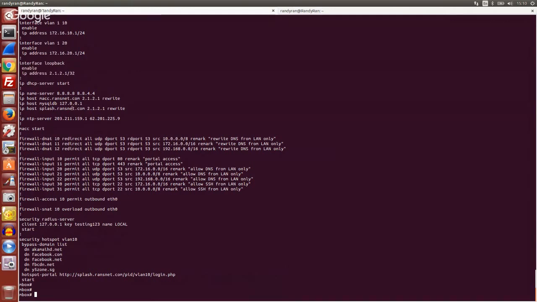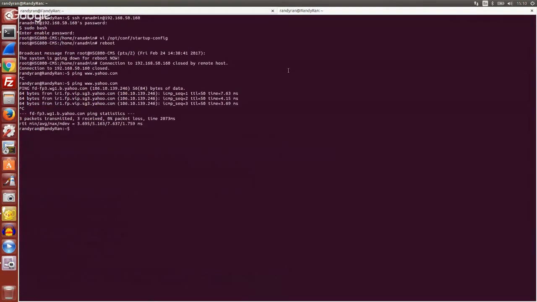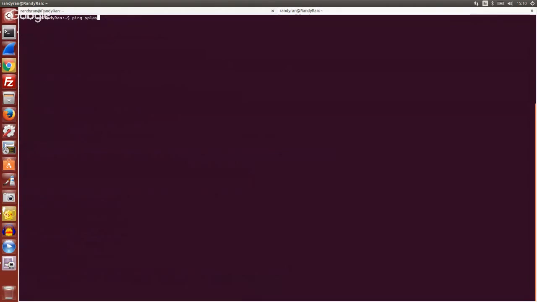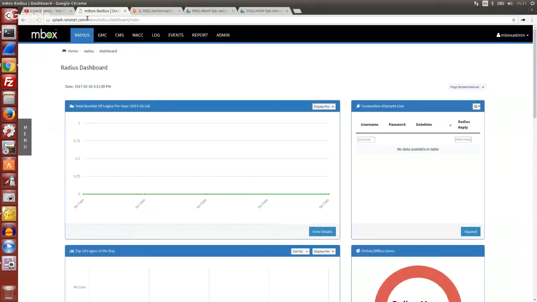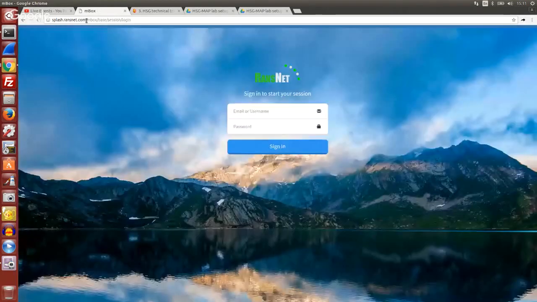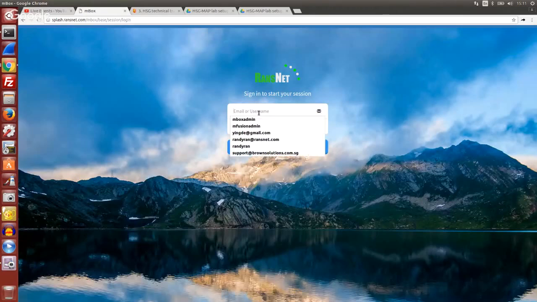So essentially, if I try to ping splash.ranksnet.com from my PC, it will resolve to that loopback IP address of the local mbox as per the configuration here, which is pointing to loopback. So if I browse this, it goes to the local box UI. You log in with the default username and password,